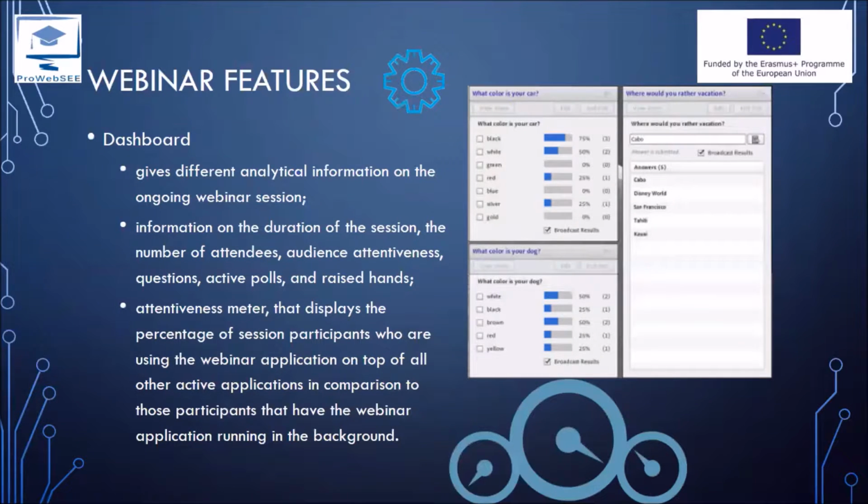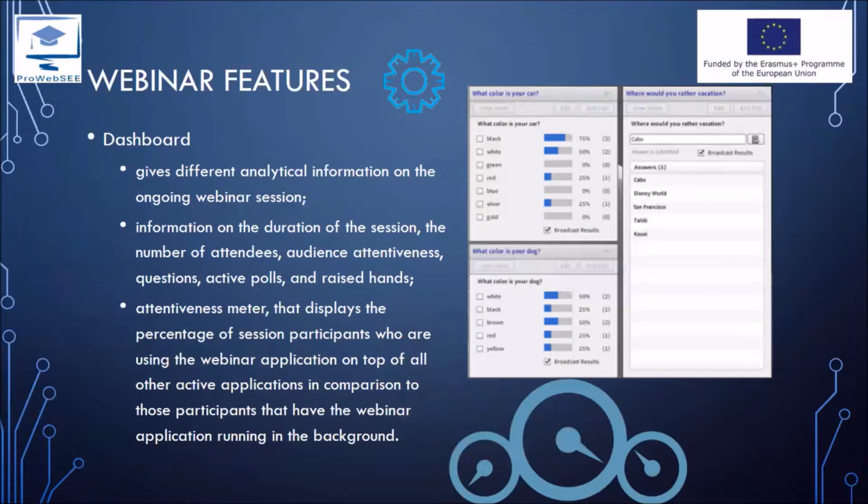Now we are going to move on to certain webinar features that show why webinars are convenient for online learning. I have to mention that there are numerous webinar platforms out there that provide a wide variety of features which change and receive upgrades on a daily basis. However, we have tried to make a selection of the most common ones that are present in almost all webinar platforms, so you can see their functionality and their advantages for educational purposes.